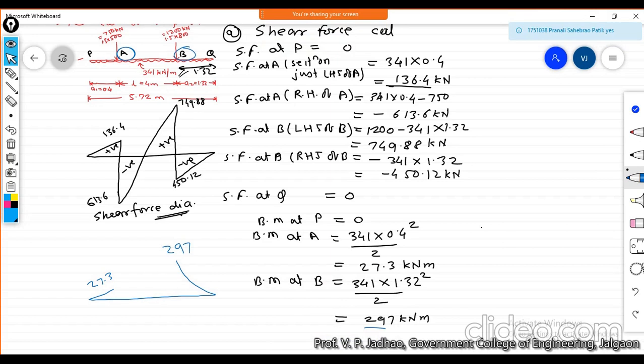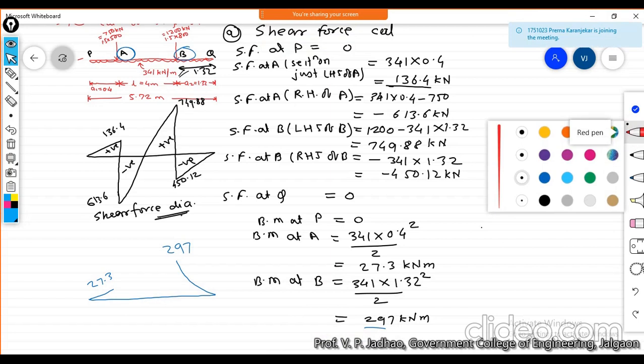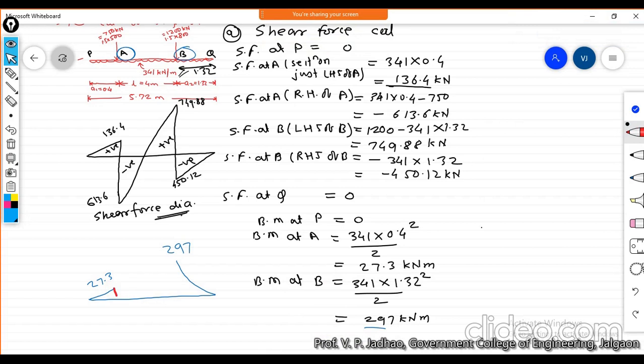Okay, so bending moment between this point A and B, that will be negative bending moment. The shape of your bending moment diagram will be something like this. Okay, and this